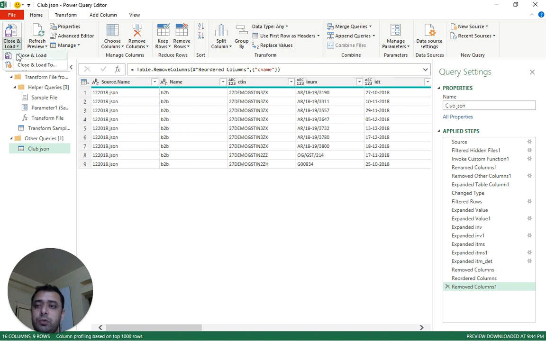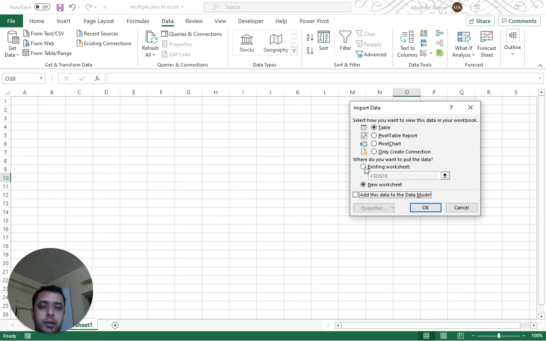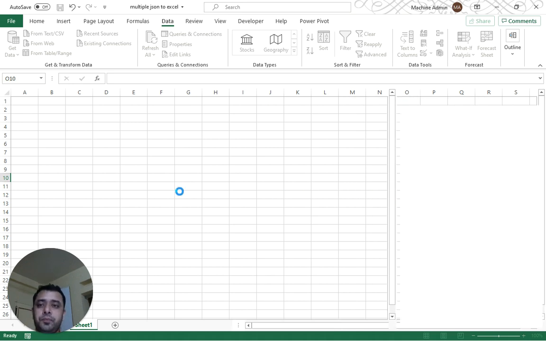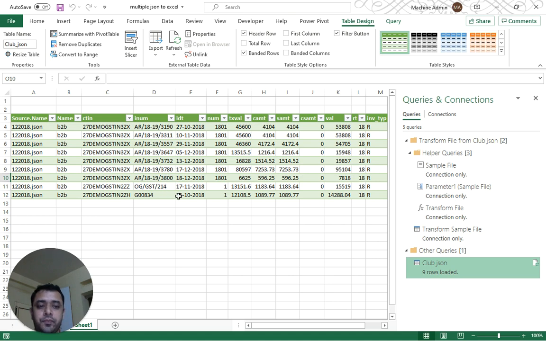I am just clicking on close and load to, and I want this data in my cell A3. Excel will load the data in tabular format. Let's see. So it's there.